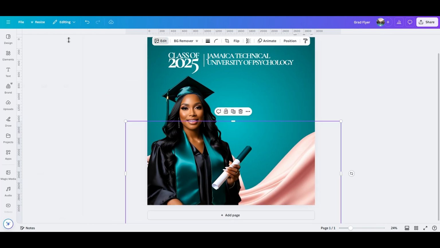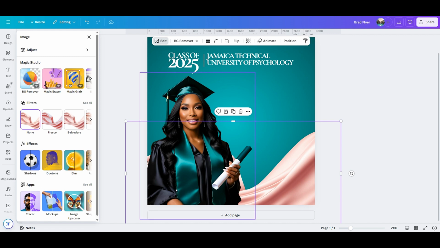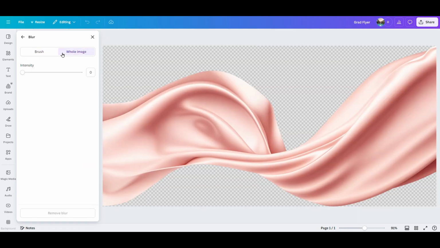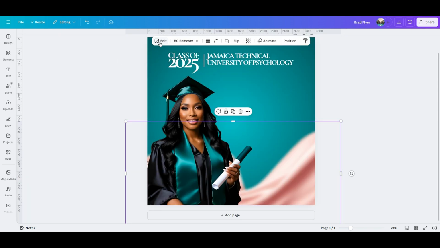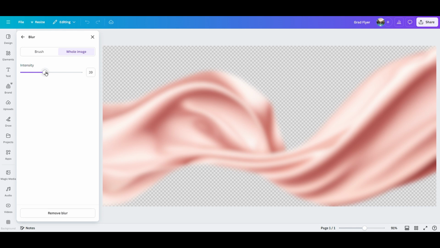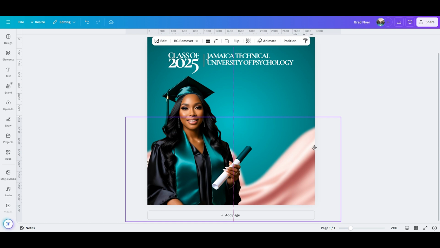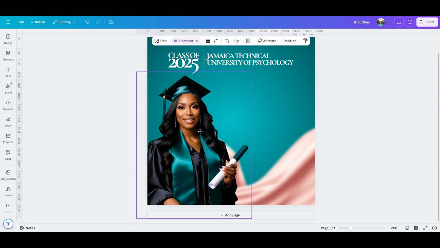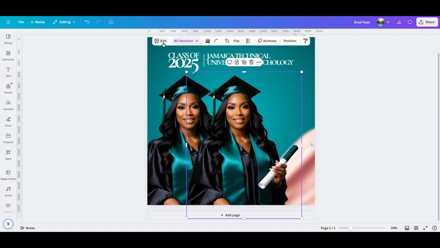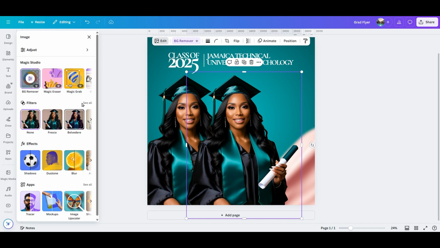And then we're going to go to edit, and I'm going to blur the fabric just a little. We don't want it so vivid. So we're going to increase the intensity of the blur. Let's see. A bit too harsh. Let's readjust that to about 35, 36. All right, so that's okay for now. Now I'm going to duplicate this image, and I'm going to select edit, go to filters,